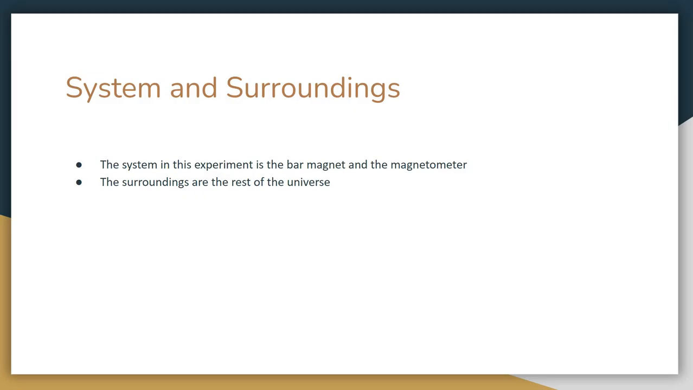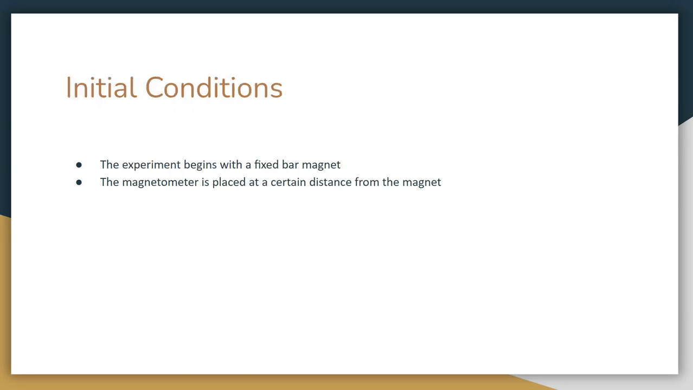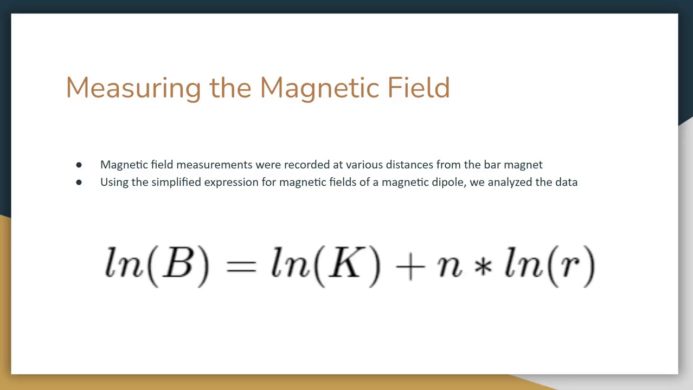In this experiment, we define the system to be the bar magnet and the magnetometer, and then the surroundings to be the rest of the universe. Initially, there's a fixed bar magnet at the end of a ruler, and a magnetometer, which is on our phone, is placed at a certain distance from this magnet. For the actual experiment,